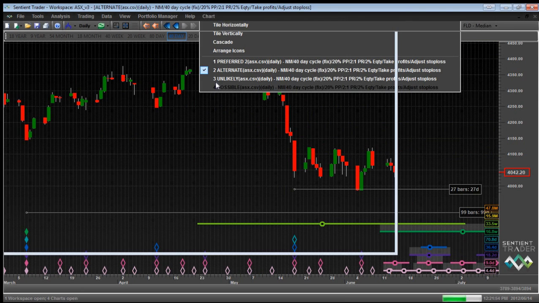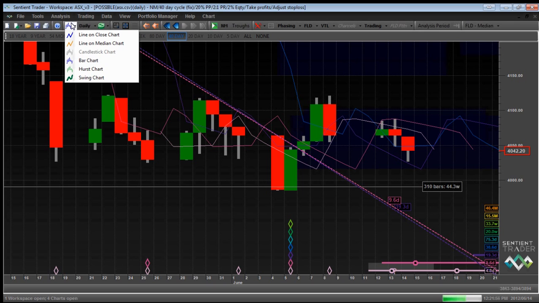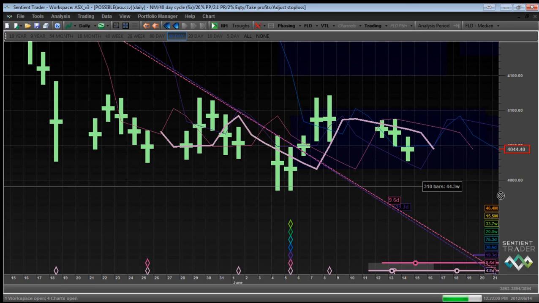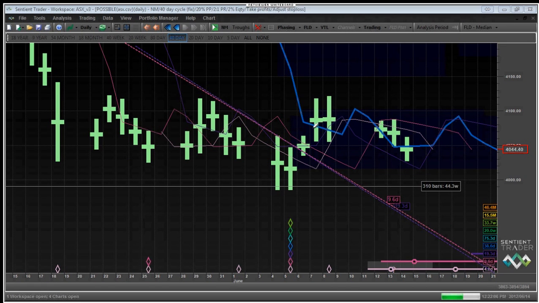In fact, I'll show you a very useful chart. I don't have to keep switching between candlesticks and median price. I can simply display what's called a Hurst chart. That's a very useful chart. It shows you the high and the low, and it has a crossbar at the median price, because the median price is very important. There we go. I don't have to keep switching between them.